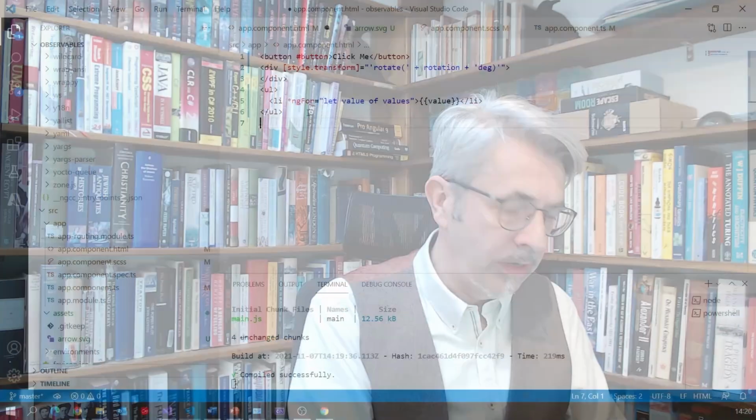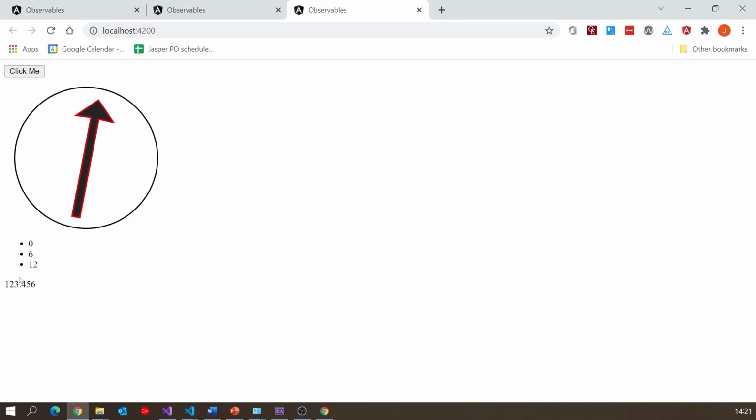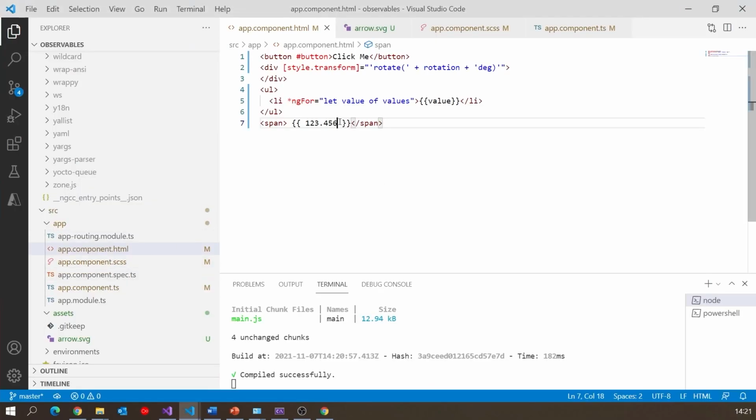So, for example, if I just put in here a span, and then I could put a data binding, and let's put in 123.456, then obviously enough, that will display as literally what we asked for, 123.456. But if I use a pipe, I could say use the currency pipe. So I could say currency and then specify the units. So let's go for GBP. And then if I now save that, you can see it's formatted it with the pound symbol and also to 2 decimal places, which is what you'd normally expect. So that's the idea of a pipe. Quite a neat thing we can do there.